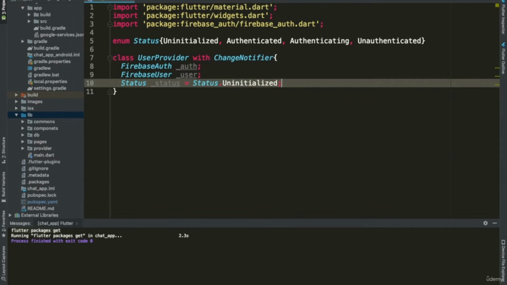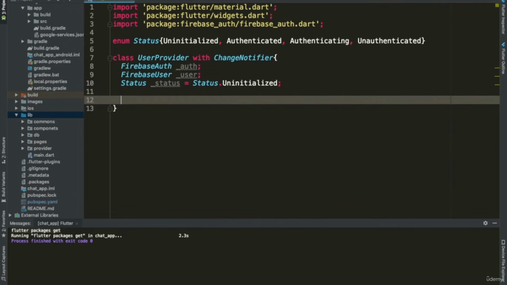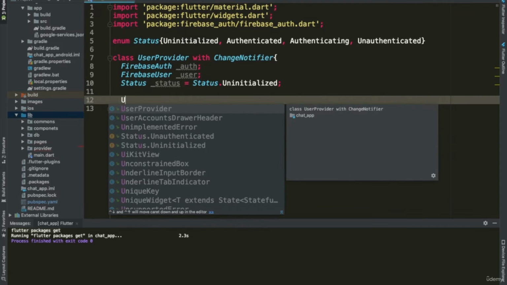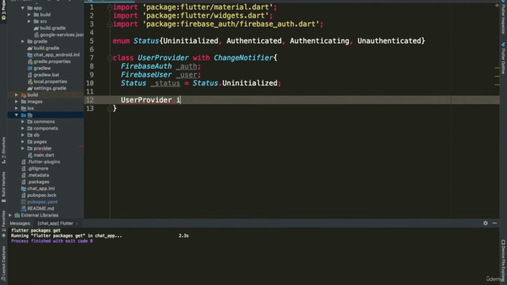Okay, this is going to be the first status of the user, uninitialized. We're going to create a named constructor. You're going to call this initialize,